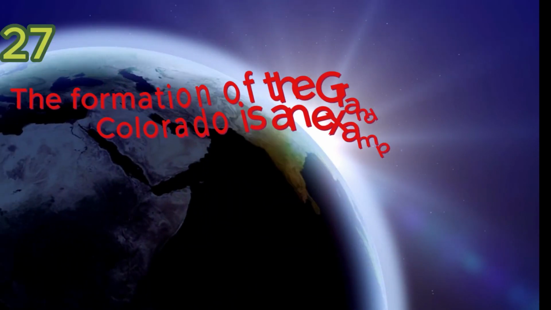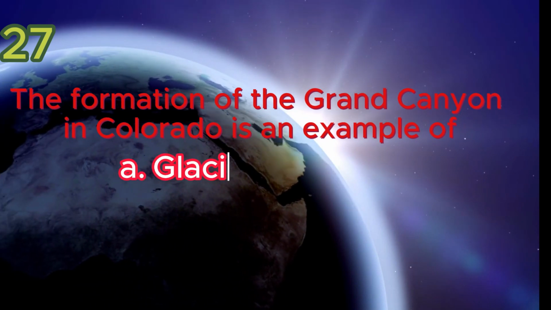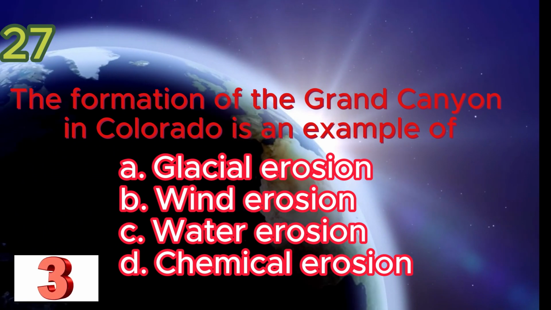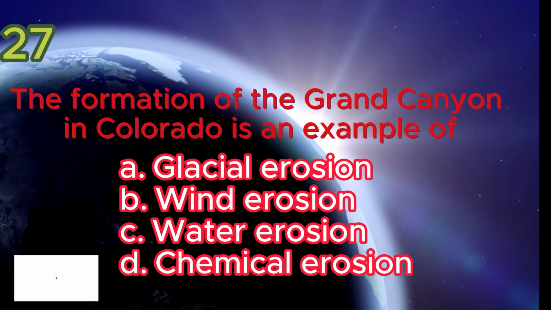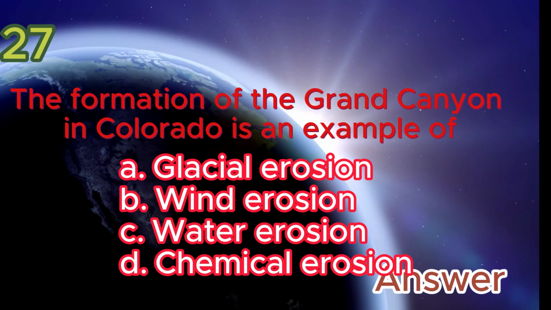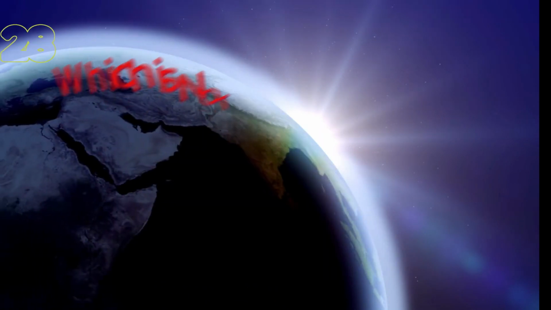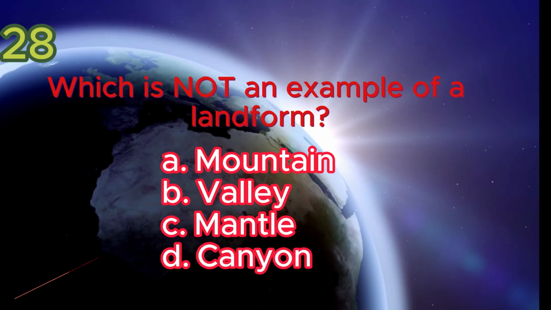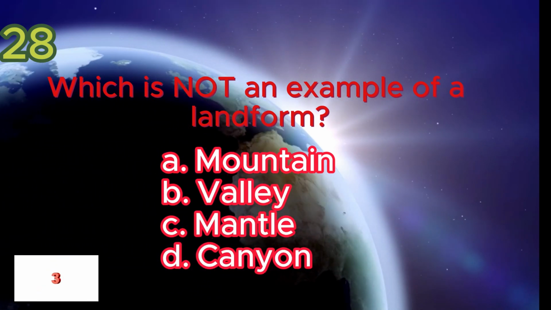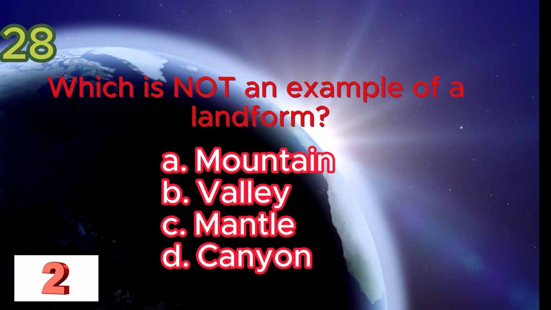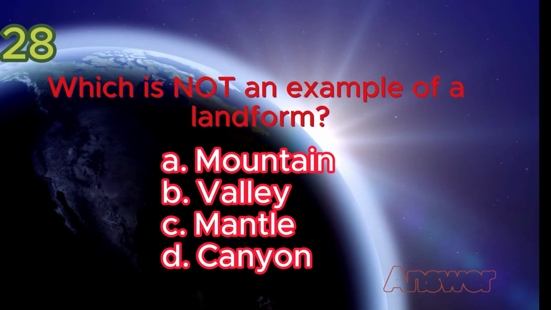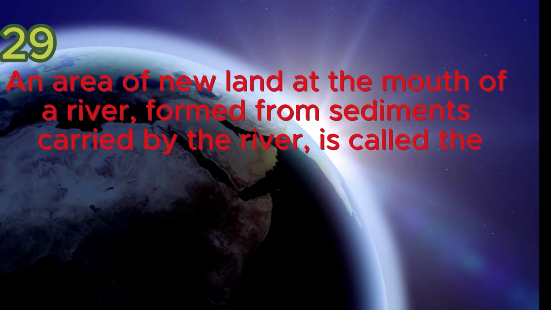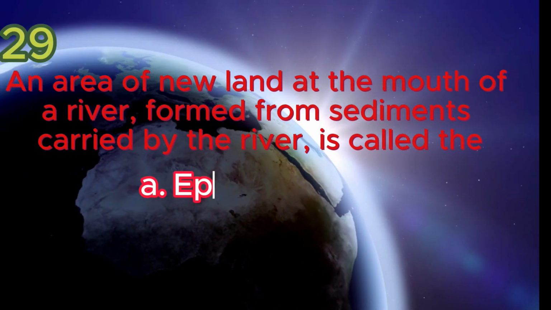The formation of the Grand Canyon in Colorado is an example of C. Water erosion, which is not an example of a landform. C. Mantle. An area of new land at the mouth of a river, formed from sediments carried by the river, is called the